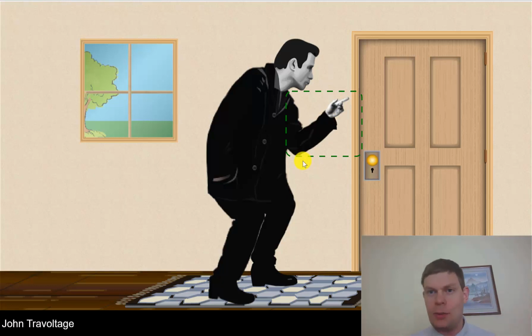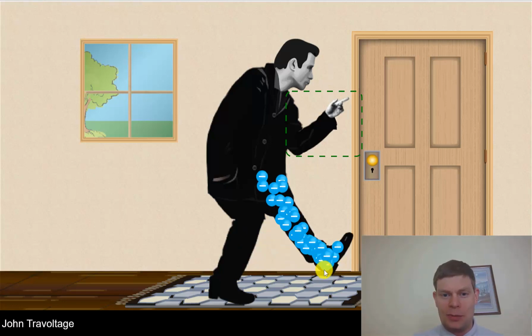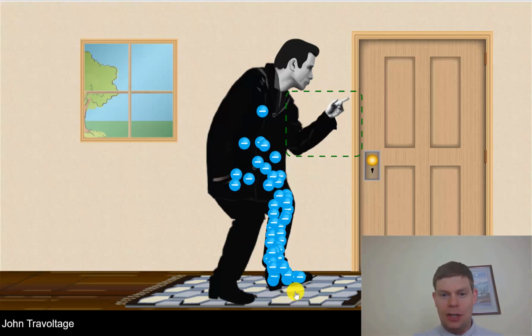And another very important thing about static electricity is like repels like and opposites attract. What that means is anything negative charged is repelled from everything else that's negative charged. Everything positively charged is repelled from anything else that's positively charged. And opposites attract, so positive attracts negative. So in this case, he's got all these electrons in them and they're going to spread out as much as possible. So to start off with,